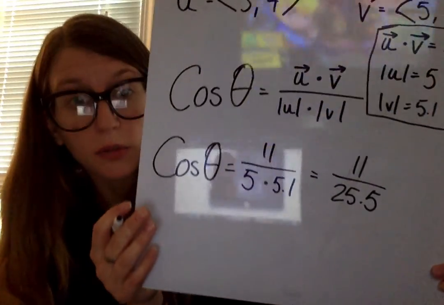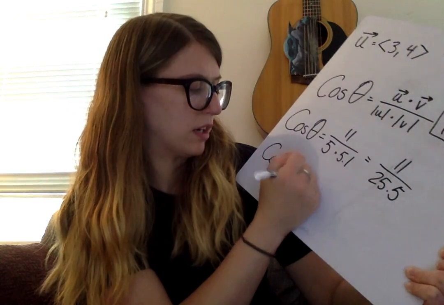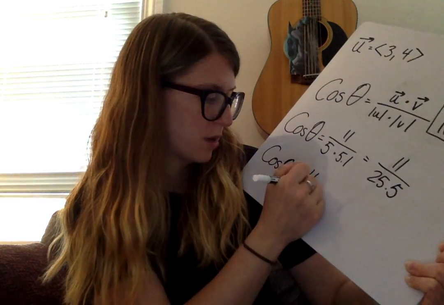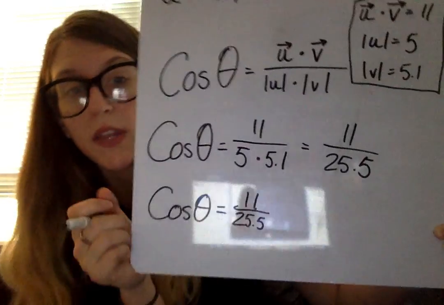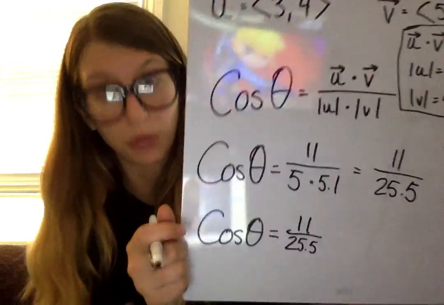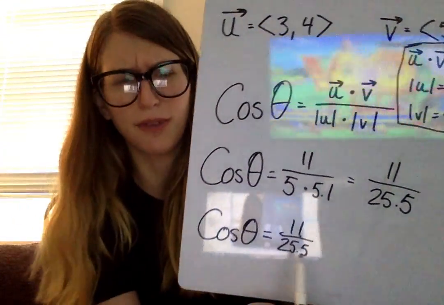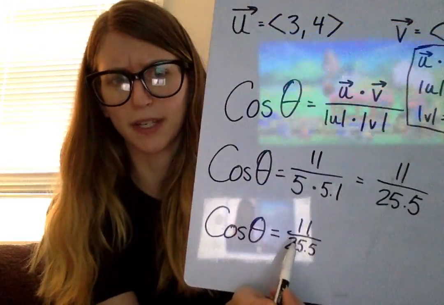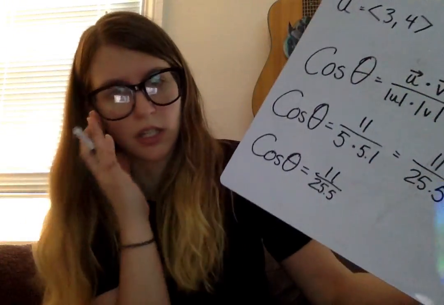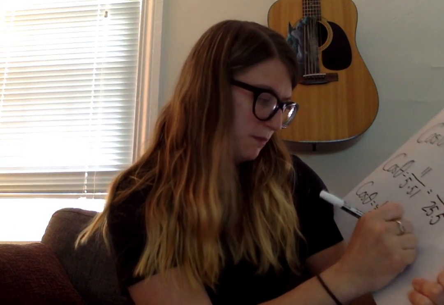So now we're here, right? We're basically at cosine of theta is 11 over 25.5. And at this point, this is where most of you are going to be like, I don't know what to do next. But surprise, you actually do know what to do next. Let's get a value for this right side here. So if I typed in my calculator 11 divided by 25.5, I'm going to get roughly, what was it? 0.431,